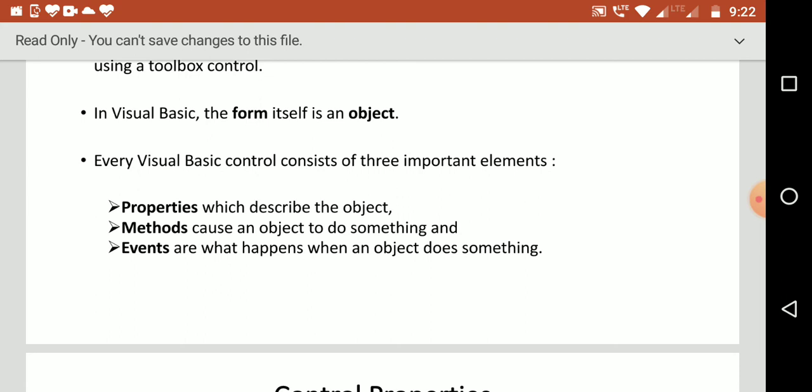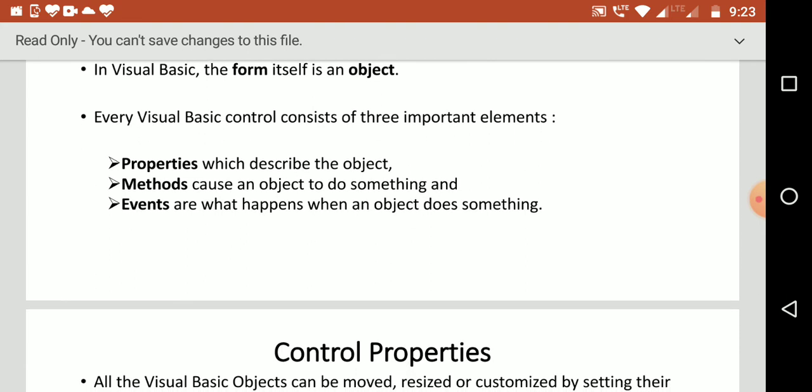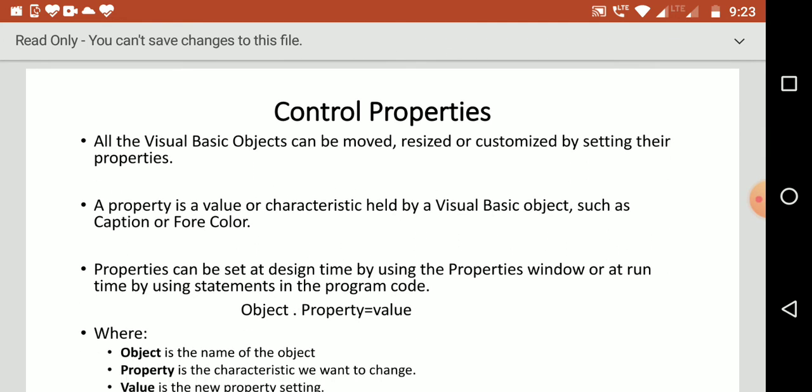The second element is methods, which cause an object to do something; the methods describe what an object does. And the third is events, which tell what happens when an object does something. Let us discuss all these in more detail in the coming slides.